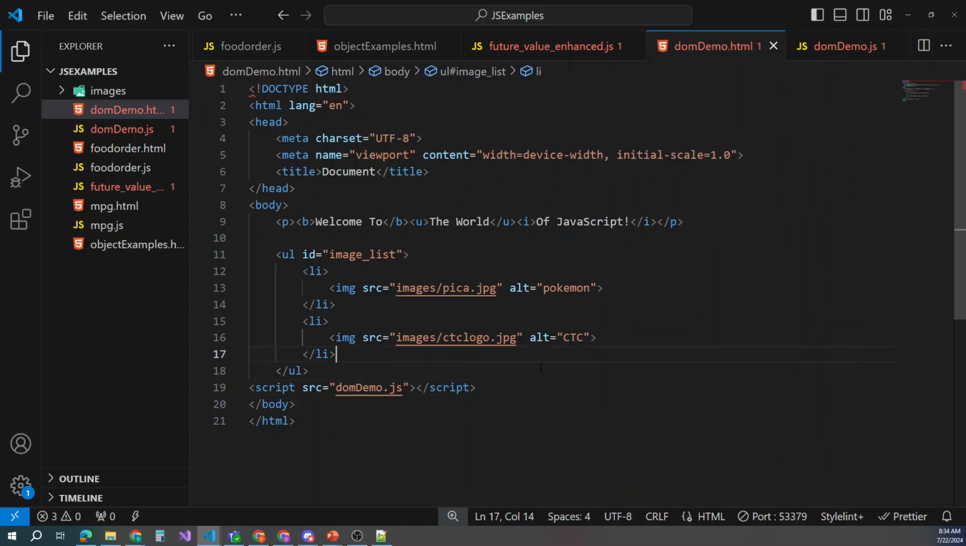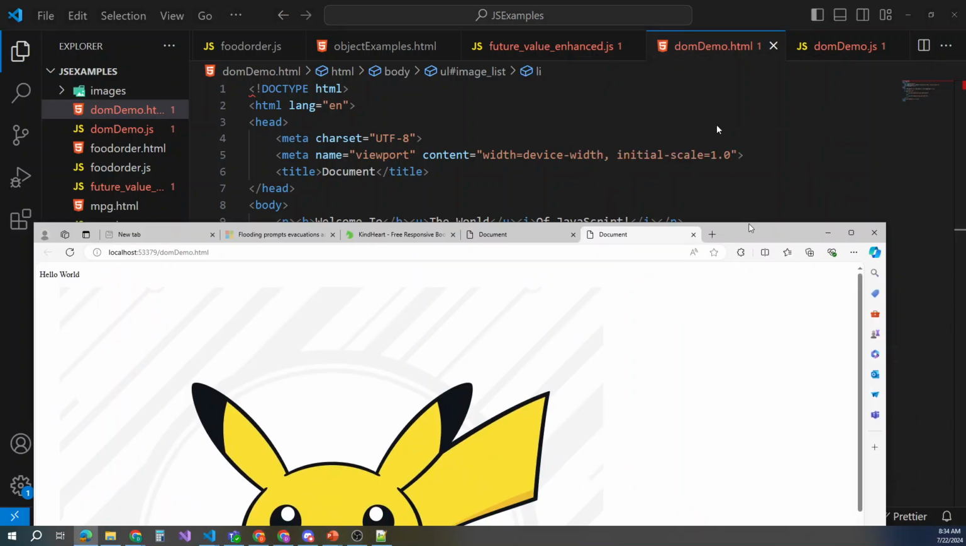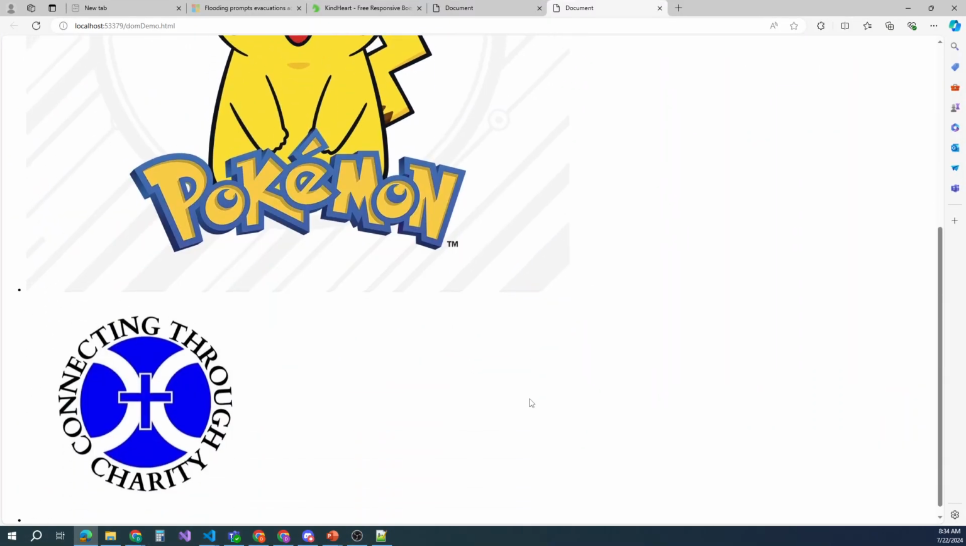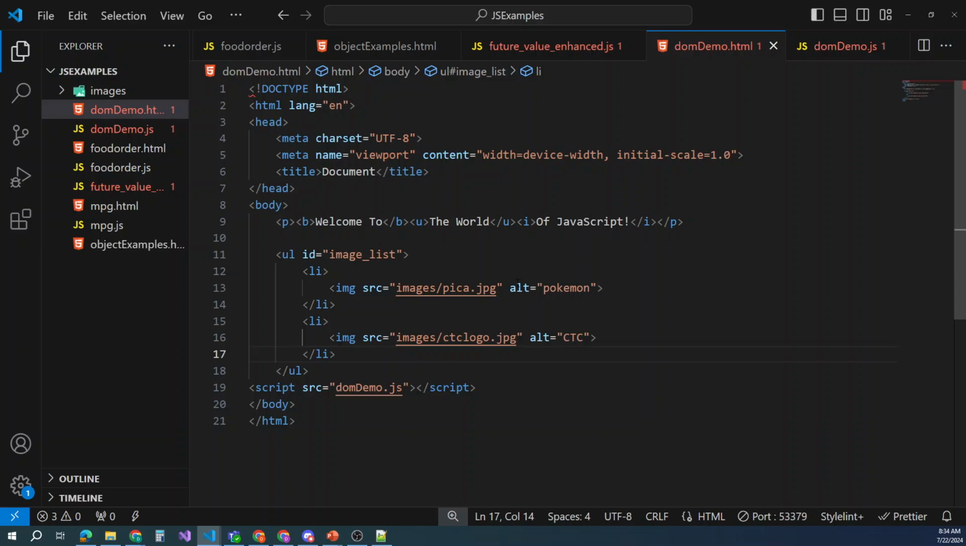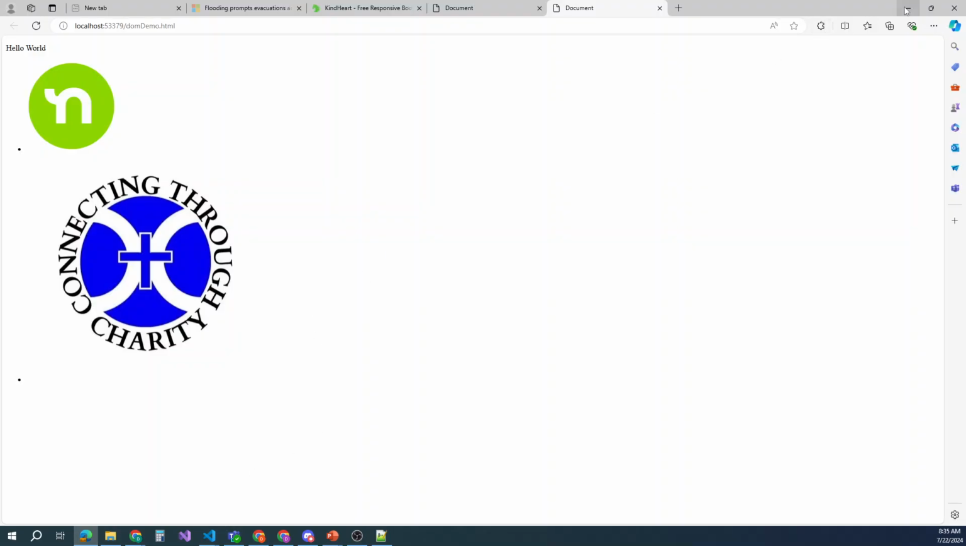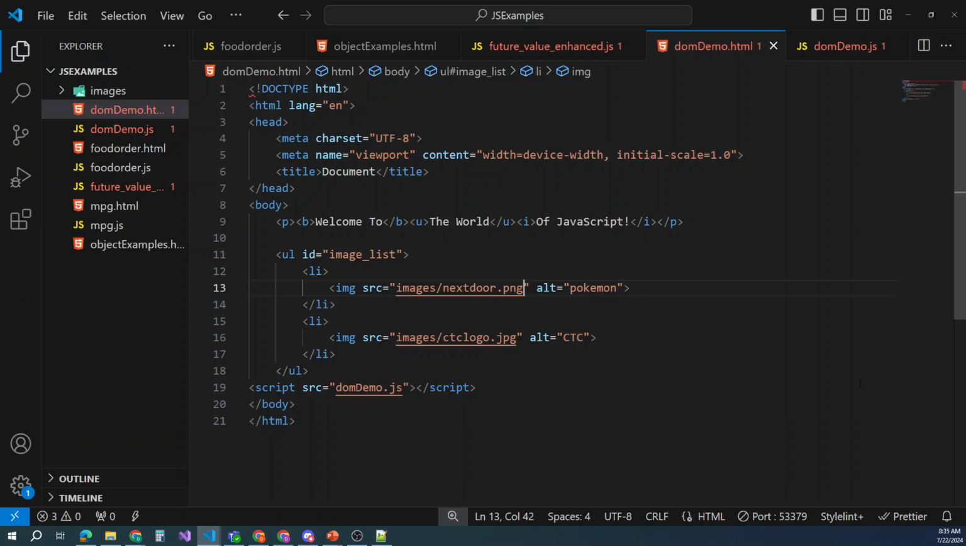So now we open this with live server. Ooh, Pikachu's a little bit bigger than I was expecting. Let's see what the next one does. That's a little better. UL close. So now if we want to get an array of all the LI elements,